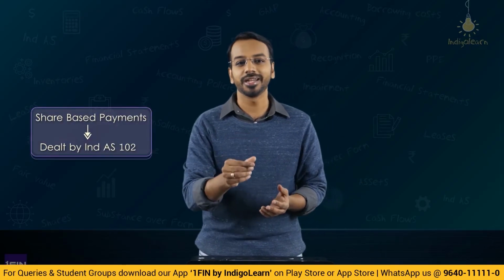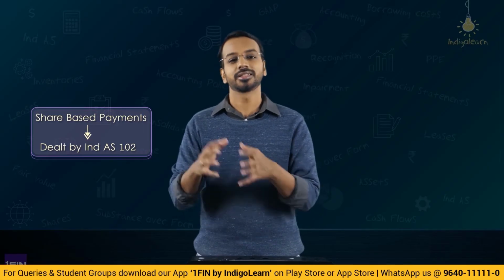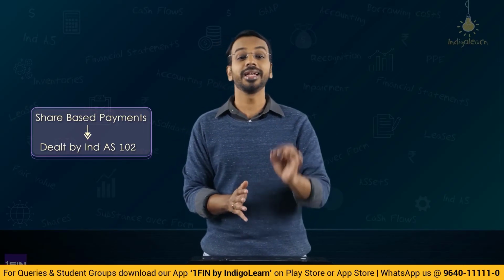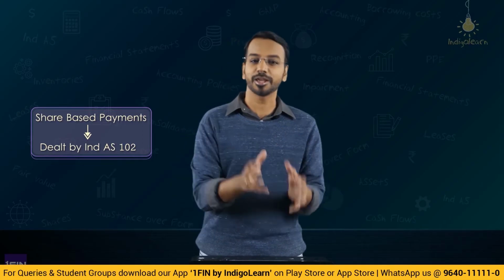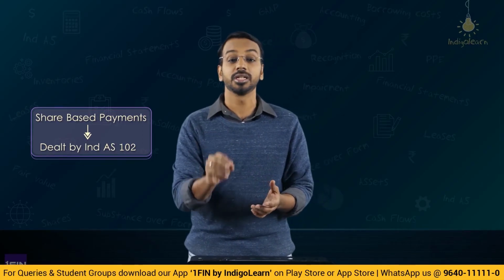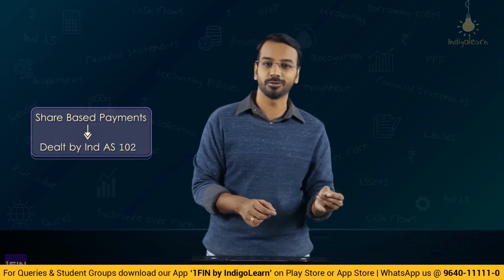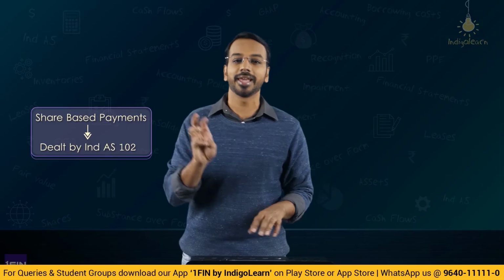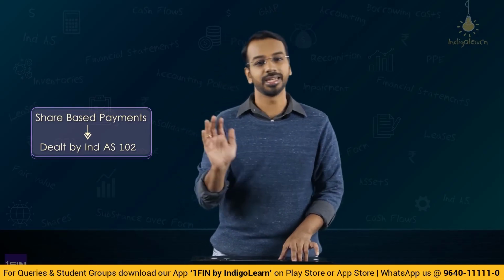An entity may also provide something like an employee stock option plan or a share based payment, which are dependent on the shares or the equity instruments of the entity. Such items are covered by Ind AS 102, which deals with share based payments. So, if there is a share based payment, something like an ESOP, that is not covered under Ind AS 19, but under Ind AS 102. When we go to Ind AS 102, we will understand share based payments and ESOP accounting there.